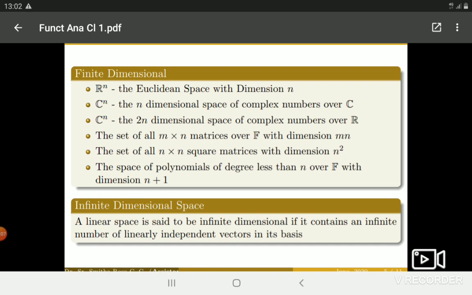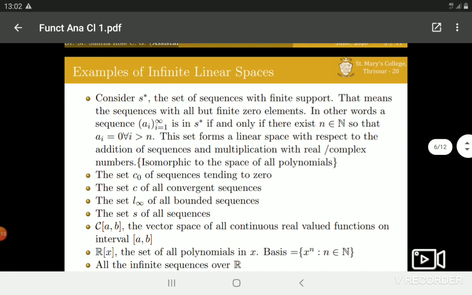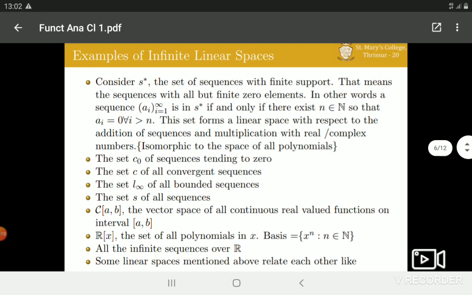So, we are moving on to some examples of infinite dimensional vector spaces or infinite linear spaces. Especially in functional analysis, we will be dealing more with infinite spaces rather than finite spaces. So here, consider S star, the set of sequences with finite support. With finite support means the sequences with all but finitely many elements zero. In other words, we can consider an infinite tuple of a_i's, and this tuple will be in S